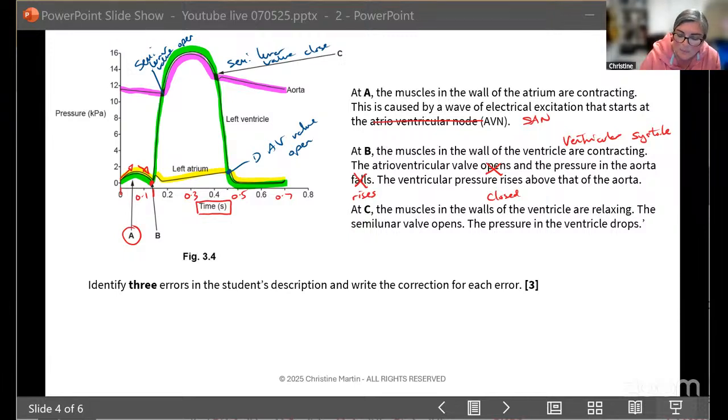So again, like I said before, make sure you're using the time periods to show that is where it is passively flowing from the atria to the ventricle, because the atrioventricular valve is open. Between here and here is where we had the atrial systole, the atria contracting, and therefore that is going to be an increase and a decrease, but we can't see that increase and decrease yet. That's going to come over here, and then we'll see it again.